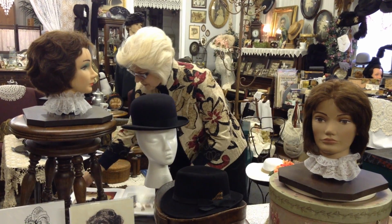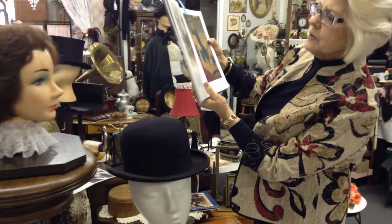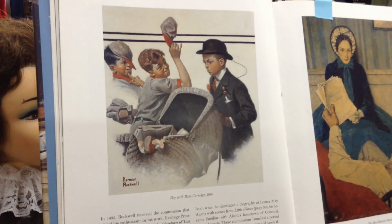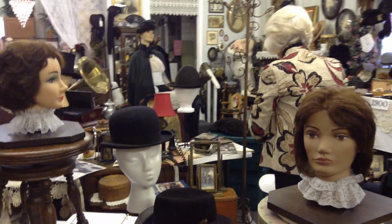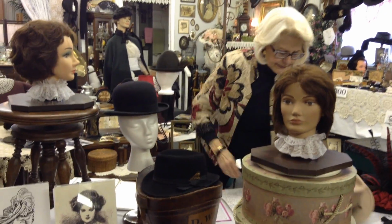And here I did notice in my Norman Rockwell book, there's a picture called Boy and Baby Carriage, where there's a picture of him with a bowler that has the guard cord on it. Got it? There we go. All right, just wanted you to see that. So it shows up every now and then, and honestly,